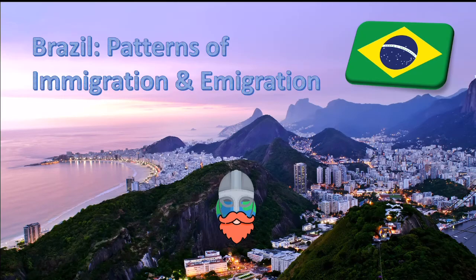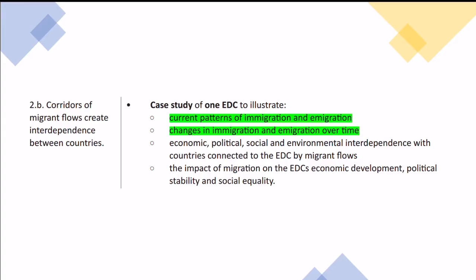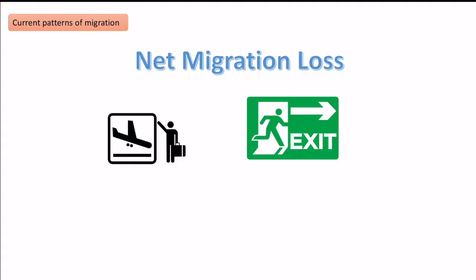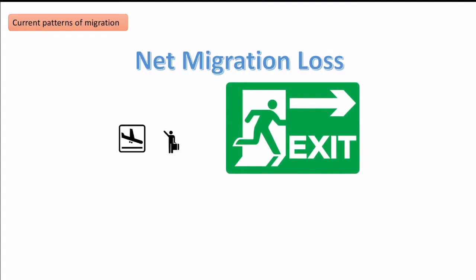In today's video, I'm going to be talking about Brazil from a migration stance. This is for the OCR A-Level Geography Spec, where you need to know an EDC case study. I'm going to look at current patterns of immigration and emigration for Brazil and how that's changed over time in this video. So in terms of current patterns, the key idea that I want to focus on is net migration